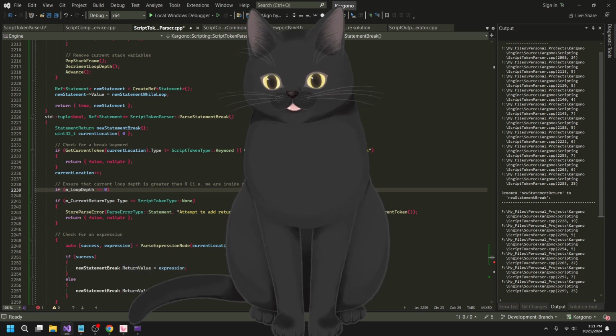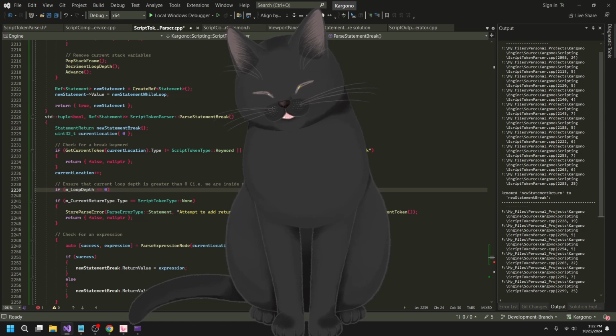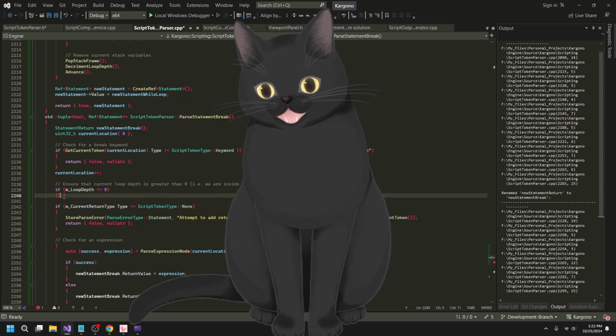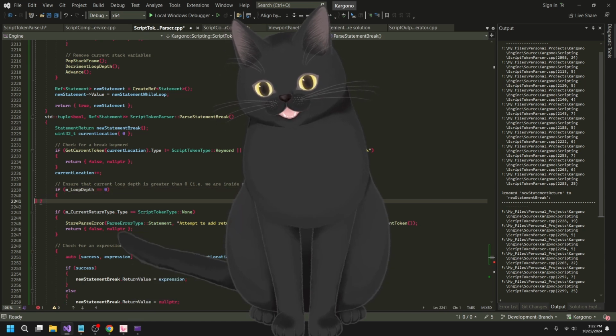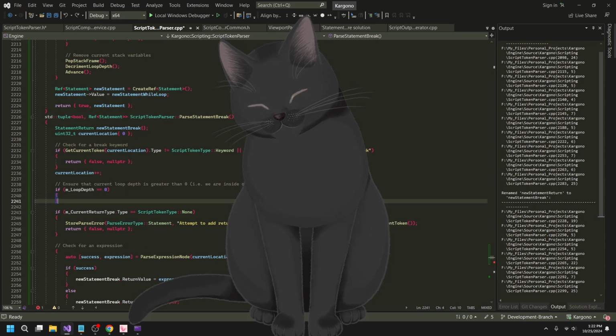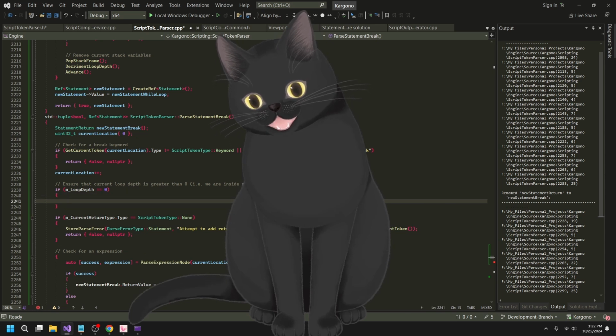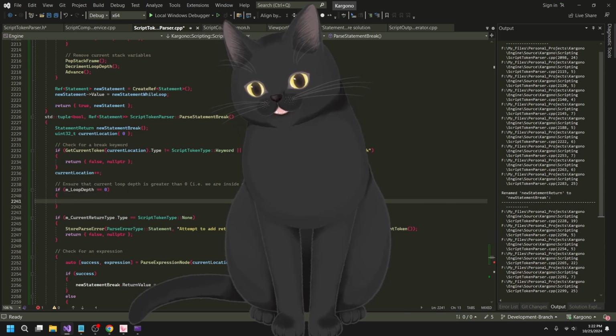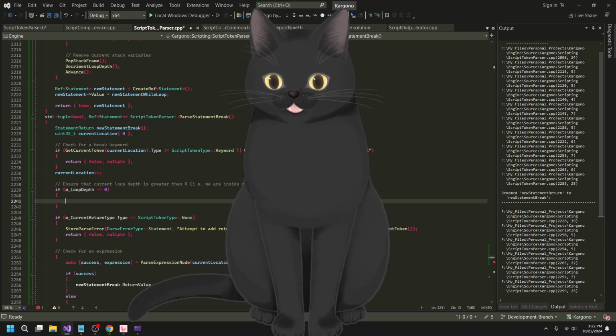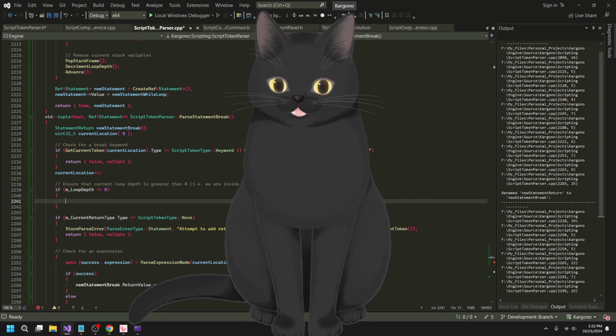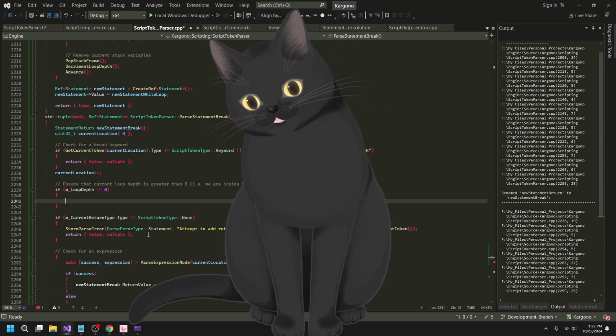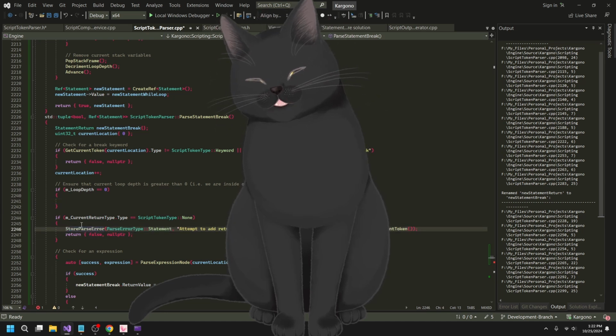I think that's the only case. If m loop depth is equal to 0, because if there was an error other than that, what's going on? M loop depth is equal to 0. So if it's equal to 0, that means something went wrong, because we can't be doing breaks outside of the loop.